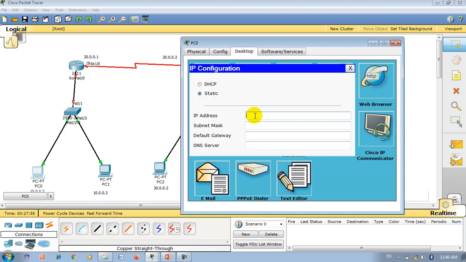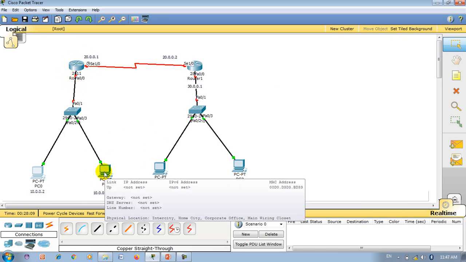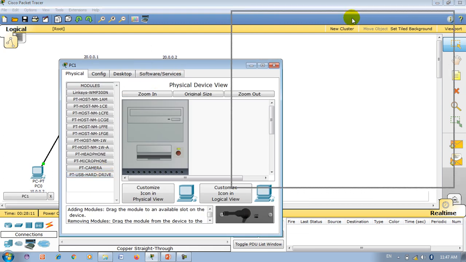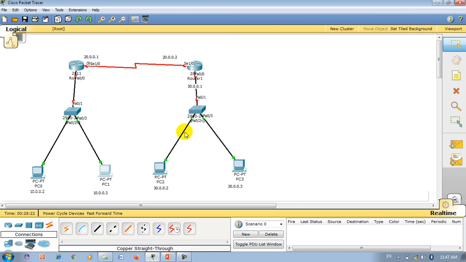So here I will give 10.0.0.2. Pressing the tab key, then here is the default gateway that I will configure over here as the FastEthernet 0/0 port of the router. Then in the next, 10.0.0.3, tab, then default gateway 10.0.0.1 in our case.